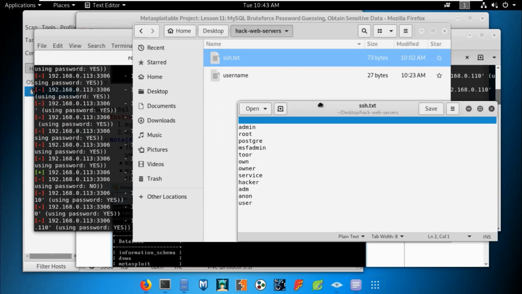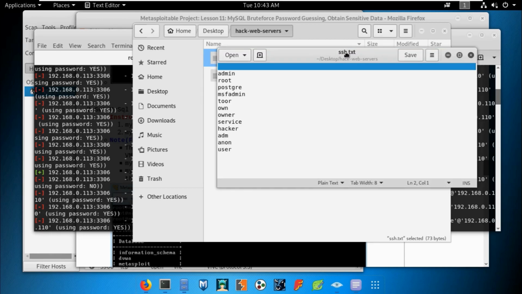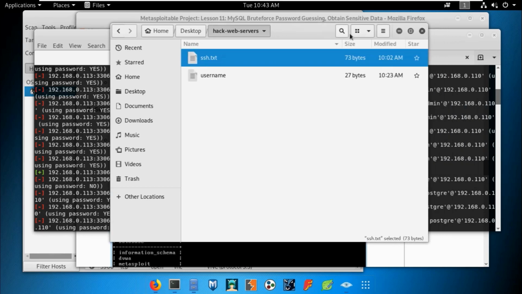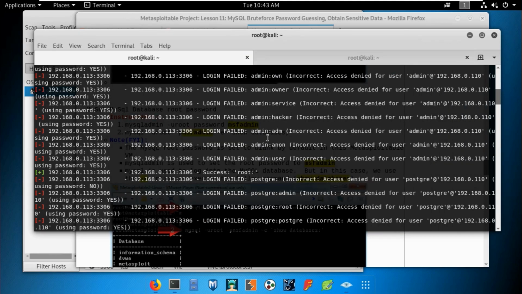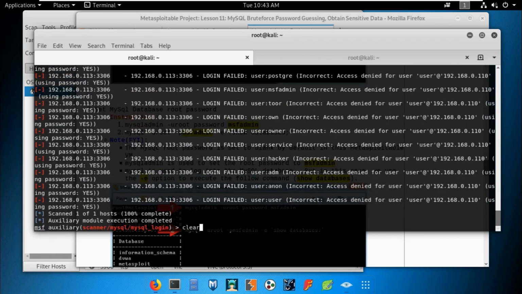You can now just assume how it can be. This time you get nothing. To log into the system or to log into the MySQL service, you do not require a password, you just require a username. That's the reason I didn't tell you at the very first. So this might be the case. The username is root and the password is just blank. So let's move to the next one.